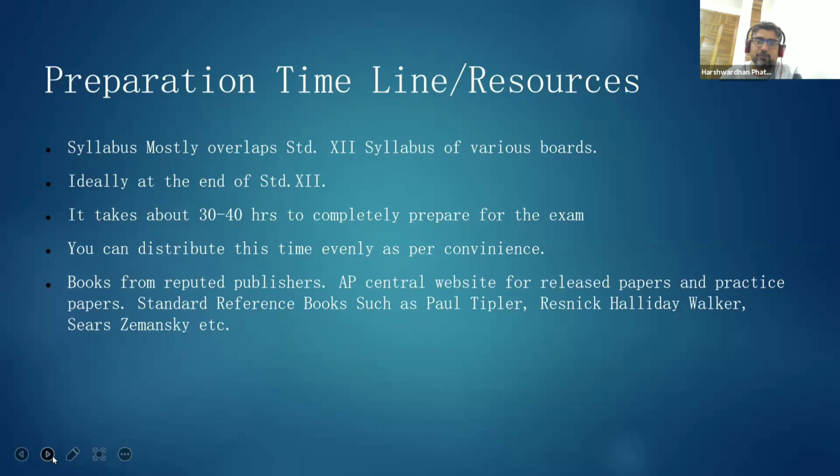Okay, now you would find the FRQs on the AP Central website, and I think they have released the MCQs for only 2 or 3 years. Those are the old ones, but at least that is a good practice. FRQs you would get for all the previous examinations, so that is a good practice in itself.